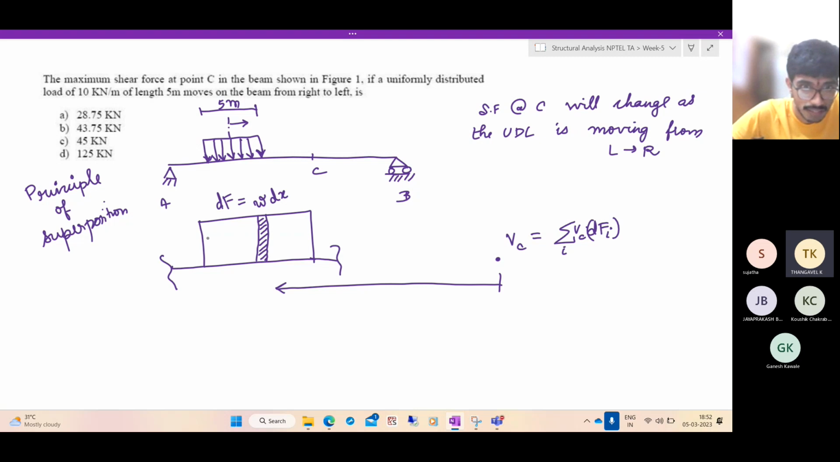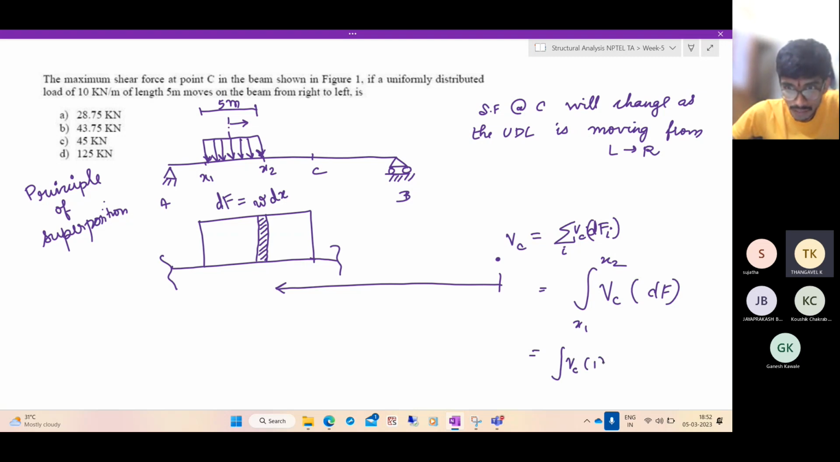If you take a small strip here, that will cause one shear force. Plus, you take a small strip next to it, that will cause a shear force like that. Now, if you make the strip very small, you can replace the summation by integration. So it will be Vc due to all such dFs as a function of x within the limits of the load. Let us call this point x1 and this point x2. So how much is Vc of this thing? You will get the shear force due to a unit load at x multiplied by